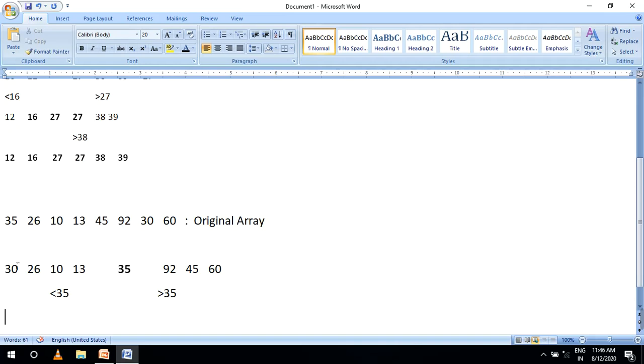Now this is the first value and this is the last value on the left side; the same applies on the right side. After that, the next pivot value is the first value.